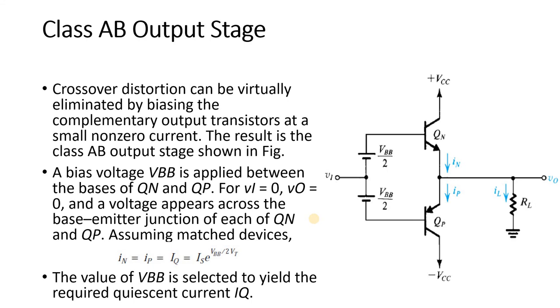Next, we can overcome this crossover distortion in the class B amplifier by using the class AB output stage amplifier. Here we are going to bias the complementary output transistors. It differs from class B in that class B also makes use of complementary transistors, but we were not biasing them. Here initially we bias the transistors by providing some external DC voltages, so that whenever I give the input signal, it directly conducts. It never takes time to conduct. That is how we can avoid the crossover distortion in class AB. So this is the solution for crossover distortion.